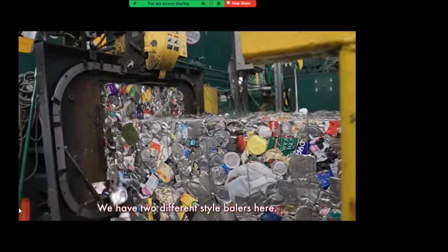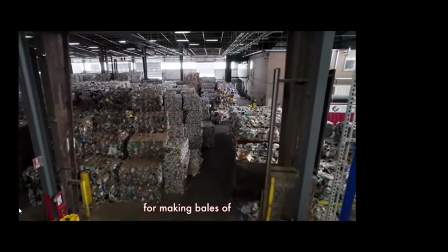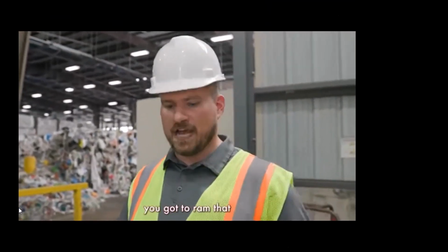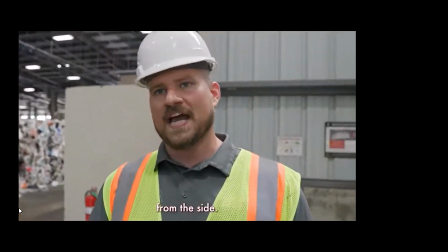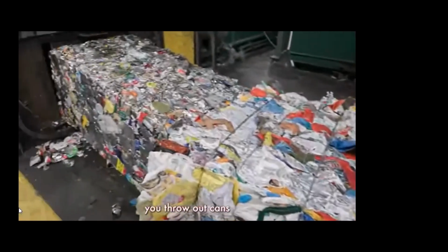Two different style balers here. We got a 2-ram baler here. They're known for their primary use for making bales of containers, plastic bottles, metal cans, aluminum cans. Because the principle behind it, you got to ram that packs in the back, ram that packs in the side. So it's a perfect cube, like Lego. So the 2-ram baler is used for all our cans and bottles,